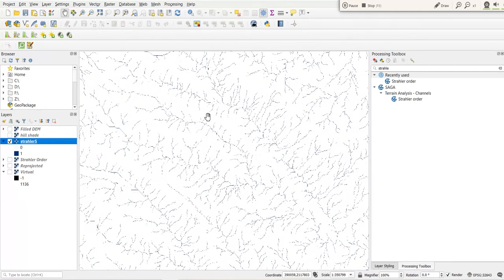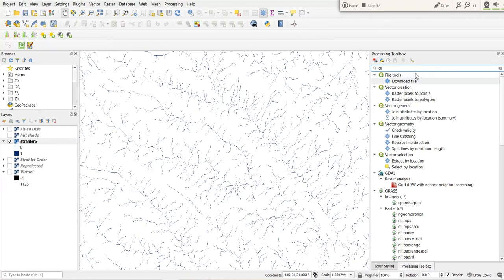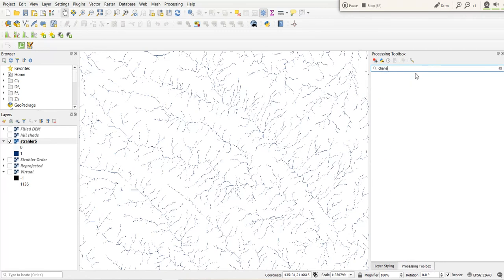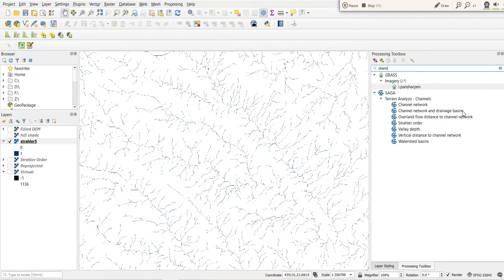So now for the next step we'll type a command, channel. So channel network, drainage basins, and all these terrain analysis of channels tools are coming. We'll just double click it.